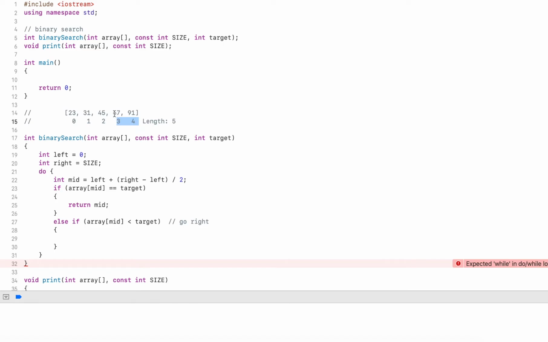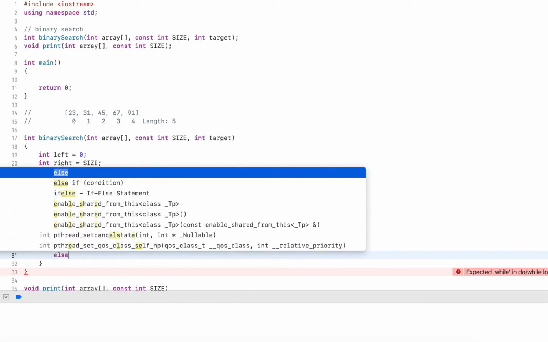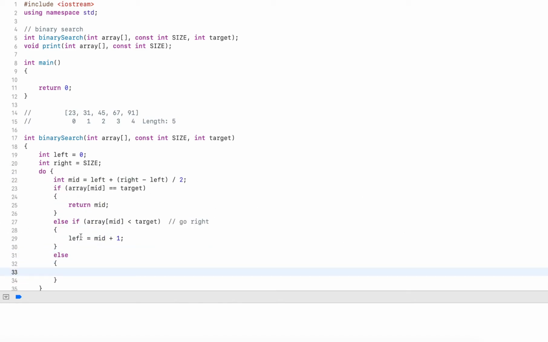So starting at 3, which includes the element here, it would be mid plus 1. So I update left to mid plus 1. Now the last option is basically